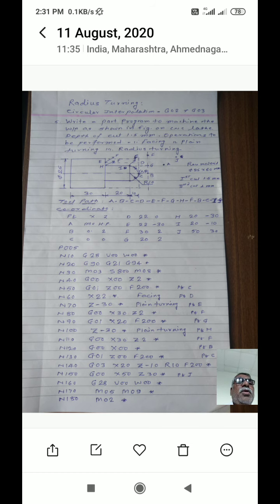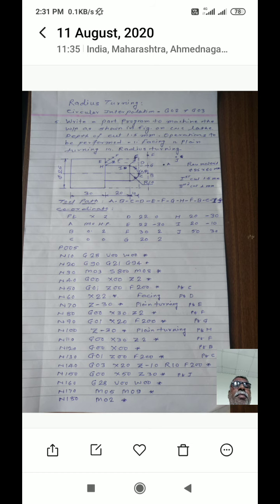Then after finding the tool path, you have to find out the coordinates of these points, that is x value and z value. You have to prepare the table. Mention the point and its x value and z value. First, point A. Point A is the machine home position.